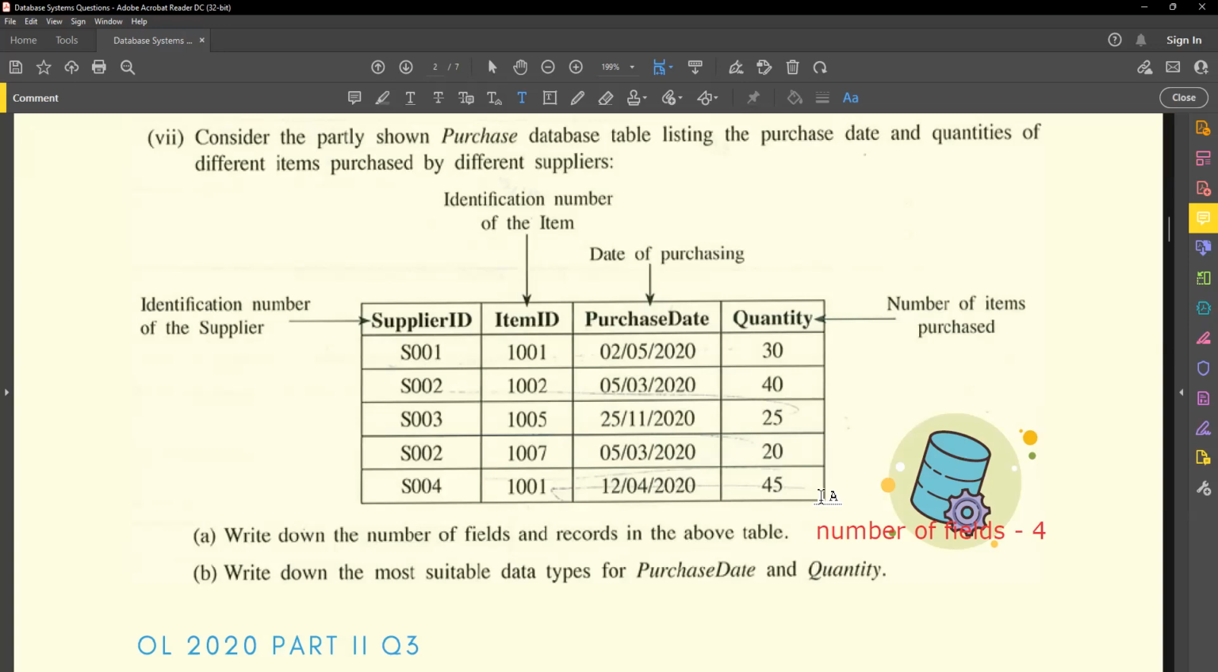Number of records. Okay, so that means the number of rows, except the first one. This is the header. So we will have 1, 2, 3, 4, 5, right? So we can say the number of records is 5. Easy question, right? Then it will ask,